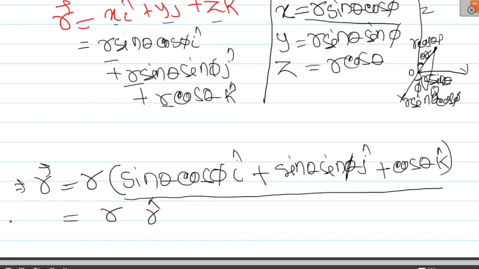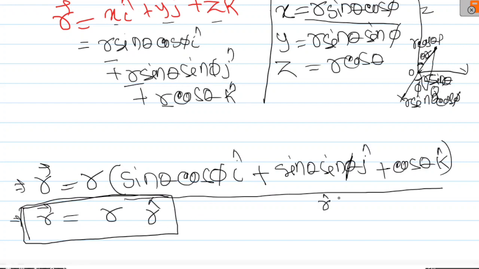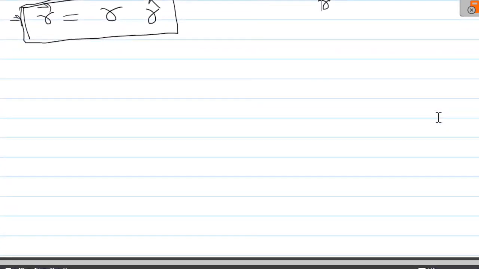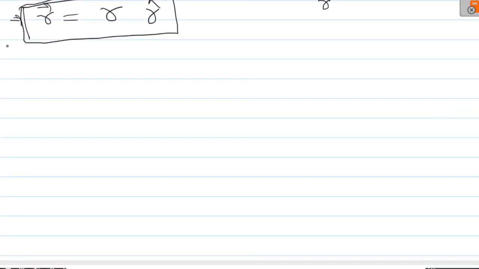So this expression is of r cap. Okay, so you can remember directly that the position vector r is expressed as r r cap in the spherical polar coordinate system. This is the expression of r cap. Similarly, you should remember the expression of theta cap and phi cap. Okay, so now we have the expression of divergence and position vector both in spherical polar coordinates. So our position vector r is r r cap and divergence is